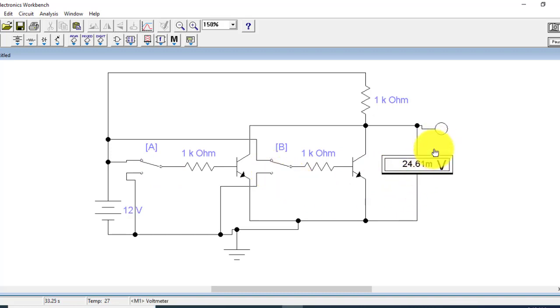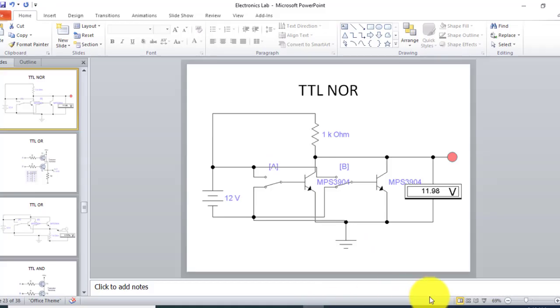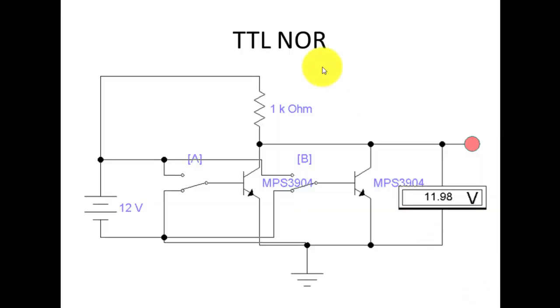So it will be only high when A and B are at logic low. Okay, so let's go to the PowerPoint where we have seen the circuit of NOR gate.